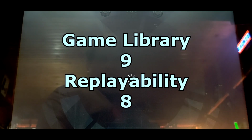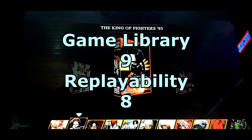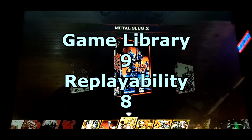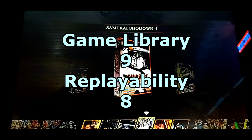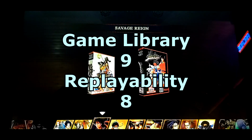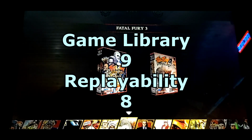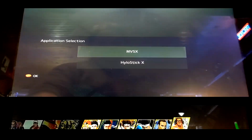Here we're taking a look at the included games that came on the cabinet, and it's got a nice selection of 50 games, but it's very fighters heavy, so if you're a fighting fan, this is like a must-buy in my opinion. But if you like the full feel of the Neo Geo library, you will be a little bit disappointed here. But the reason I gave it a 9 is also due to the X Factor, and that is